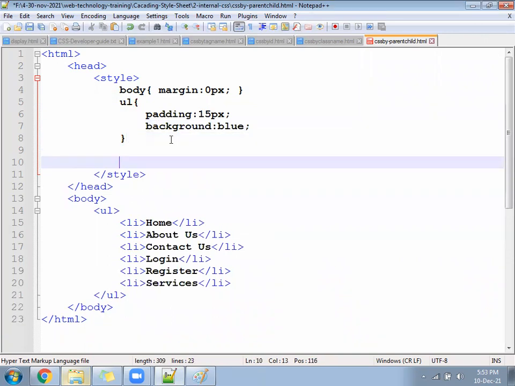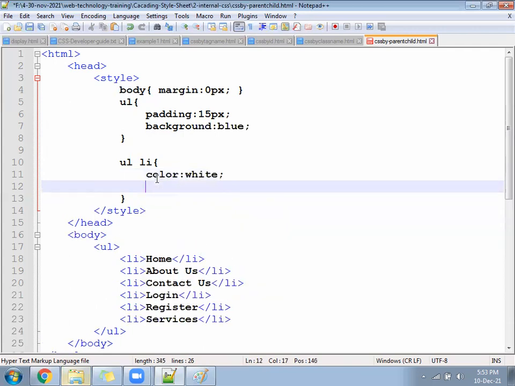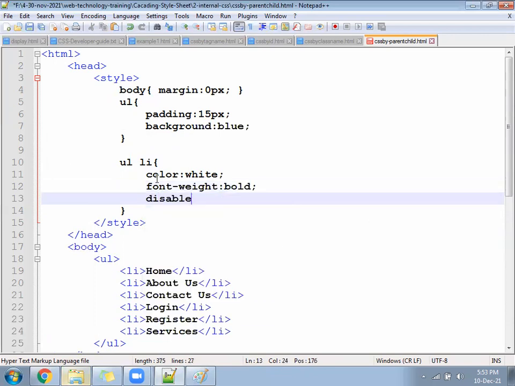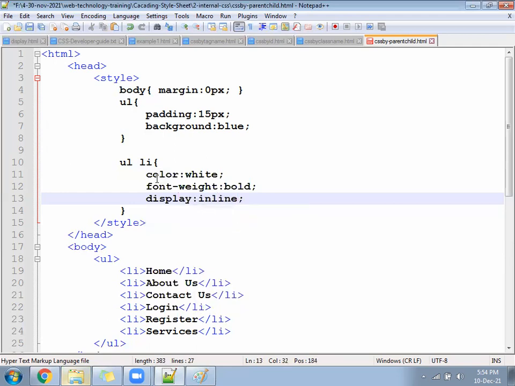And then write UL space li. Those li that are under the UL. The color should be white. After that, font weight should be bold. And display should be inline. So color white, font weight bold, display inline.